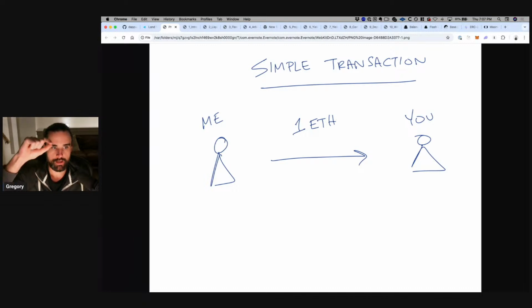It just says, take cryptocurrency out of my wallet and put it into your wallet, all right? It's just a simple transaction. That's the most common thing people do on the blockchain, just move cryptocurrency around, okay? But what you can do with blockchain is you can also create transactions that have multiple steps. This is just one step. You can do multi-step transactions.